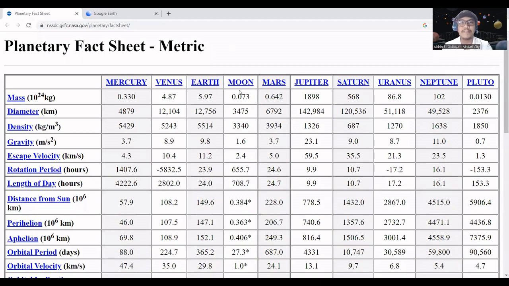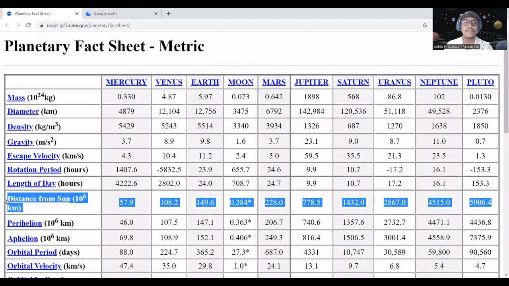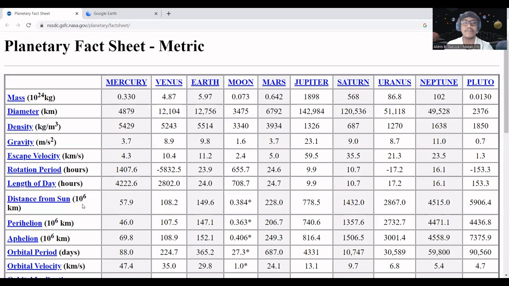Okay, so what we have here is a reliable source called the NASA Planetary Fact Sheet. It contains all sorts of information about the solar system objects' properties, from mass, diameter, density, gravity, etc. Since we're only focusing on the solar system distances, we'll be using this metric right here, the distance from sun metric. In order for us to make things simple, we're going to disregard the million kilometer metric in order for us to make the actual scale model of the solar system distances, which would fit our online tool known as